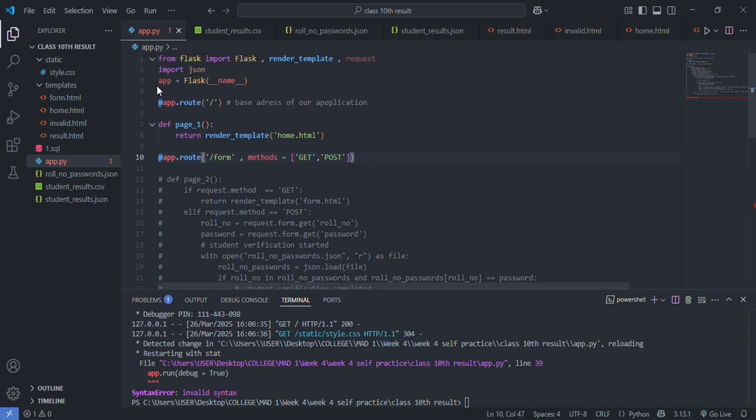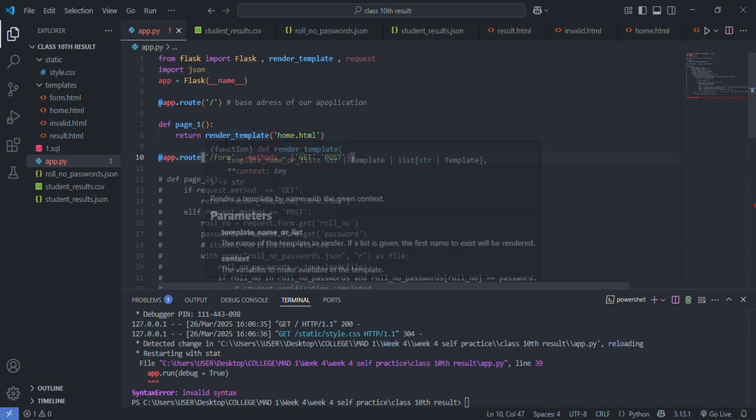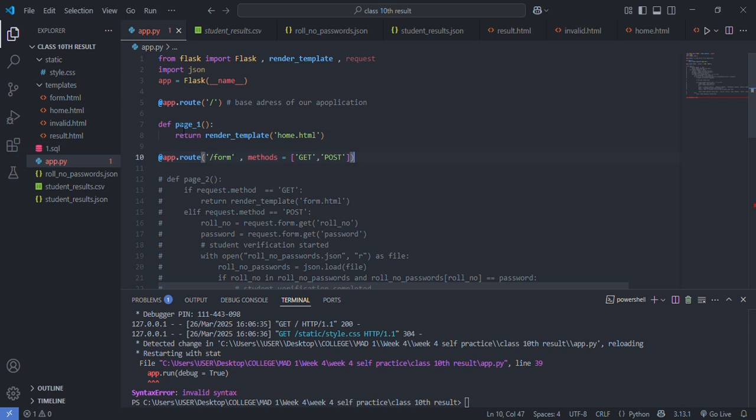Whenever someone comes to this, by default we assume that this is a get request. Whenever a user comes to this, it means they want some data from it, we want to get the data from it, so we say it is a get request. Whenever a user wants to send data, the data will be sent using the form, right? So whenever a user sends data, like okay, now consider